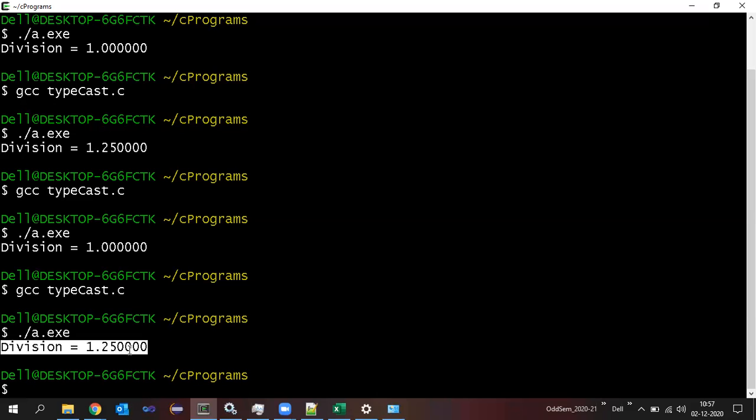The change we did here is just a single digit we had added, that is the fractional part. Instead of 5, I wrote 5.0. Now let us try to understand what is happening here. Now tell me, 5.0 is what type of data? Is it an integer or is it a